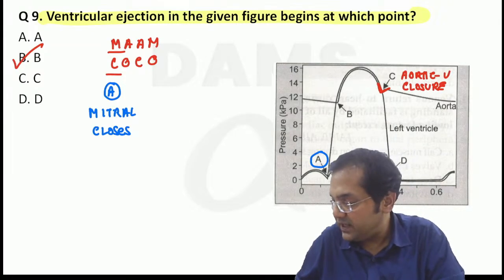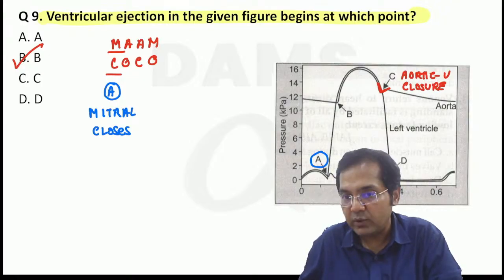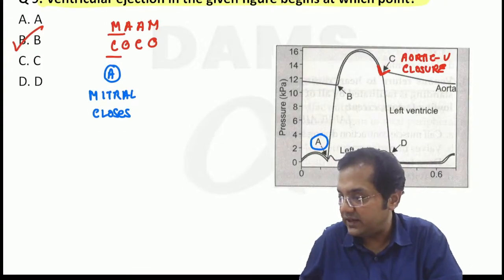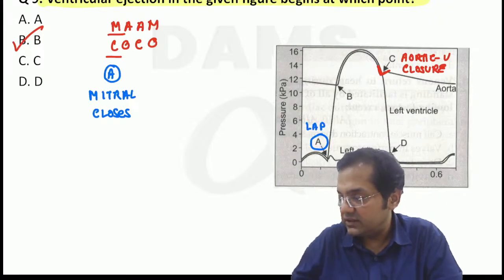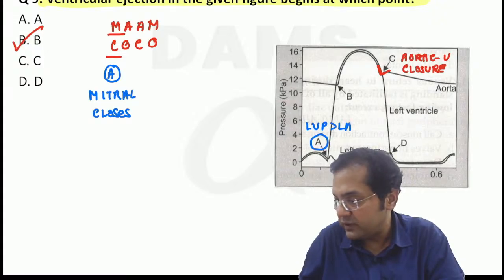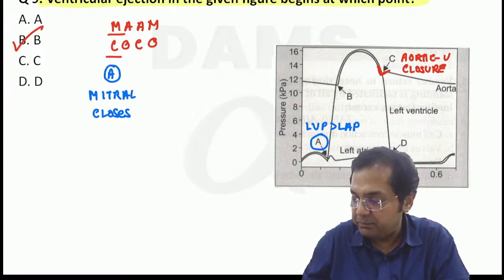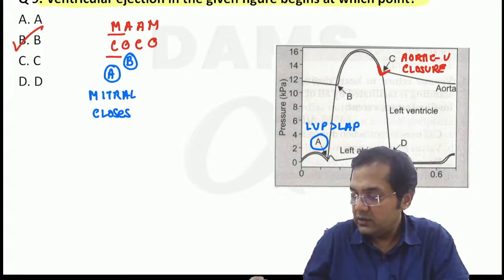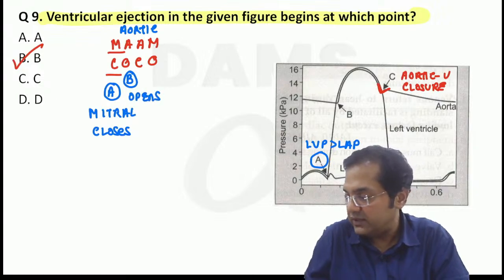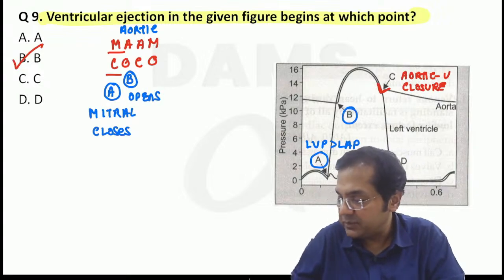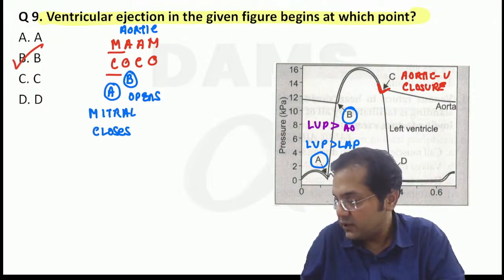Then B. Remember what is happening at A. Please look at the figure. What is happening at A? The left ventricular pressure is more than left atrial. At B, aortic opens. Aortic opens. Point B. Which pressure will be more than which pressure? Left ventricular is more than aortic